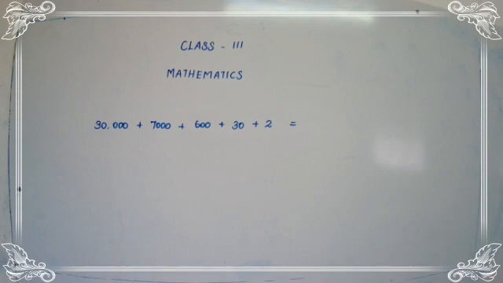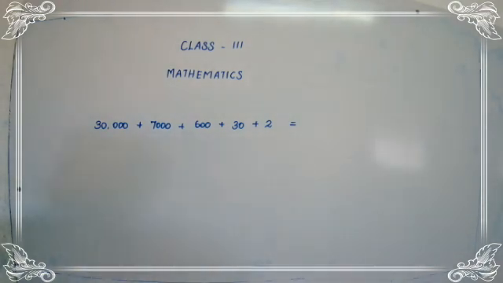The second one is 7,000 plus 600 plus 30 plus 2, is equal to... now we have to convert to